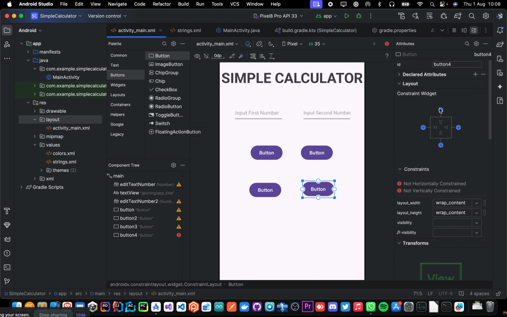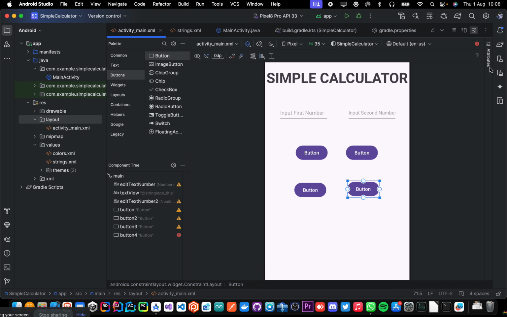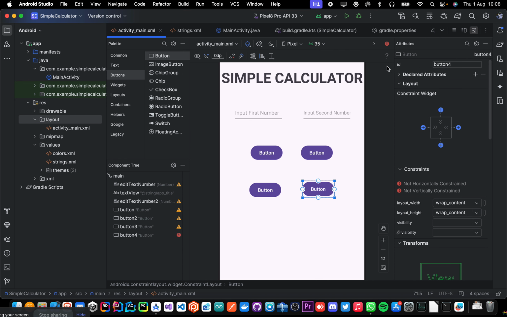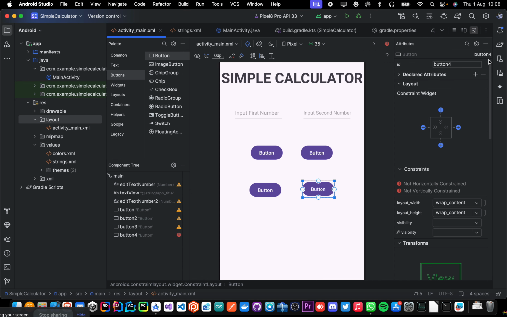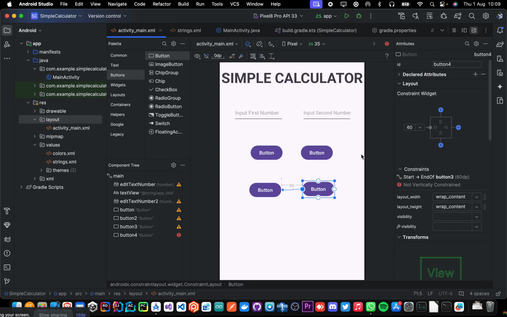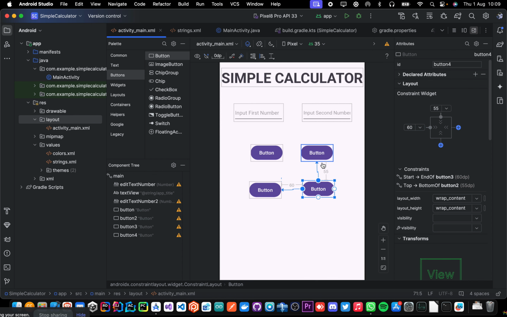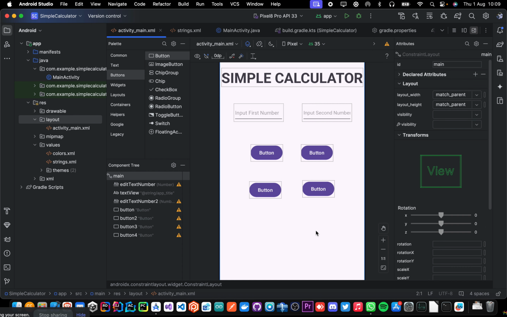these attributes window. If you can't see this window, it's normally here, the attributes, on the right corner. It's called attributes, but I think it's open by default, so you can't miss it. If I want to constrain it on the left, I just click on the left, and you can see it has chosen this button, and when I click on the top, it will constrain it at the top. And after doing that, what we want to do is